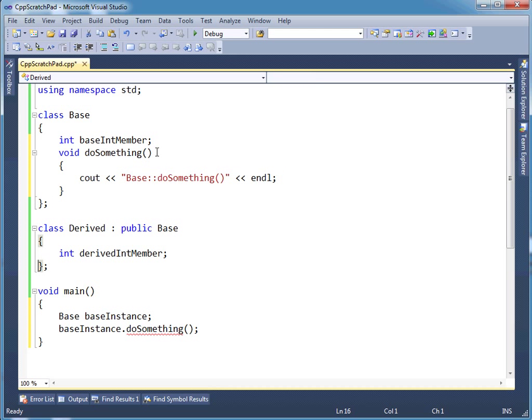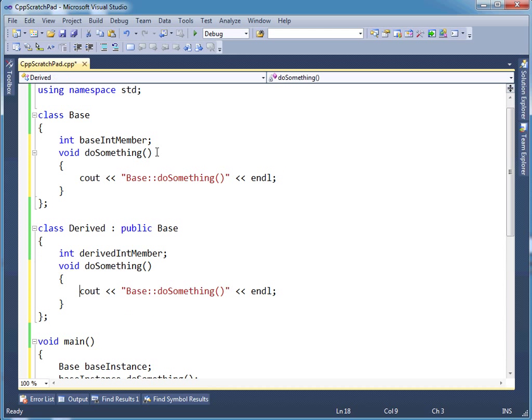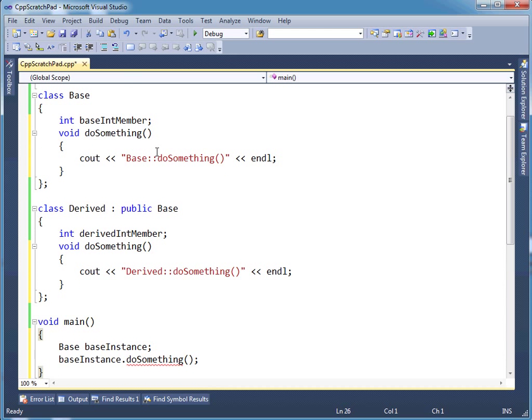So I'm going to take this do something and paste it into derived, but instead I'm going to say derived do something. So now you have the classic: base has a method and derived has the same kind of method. And in Java, this just naturally is polymorphic. Meaning if I have a reference, a compile time, well, let me just show you the syntax. This is Java syntax, no longer C++ syntax. But if I say base b gets new base, and I say b dot do something,